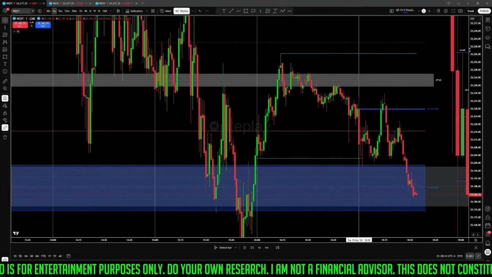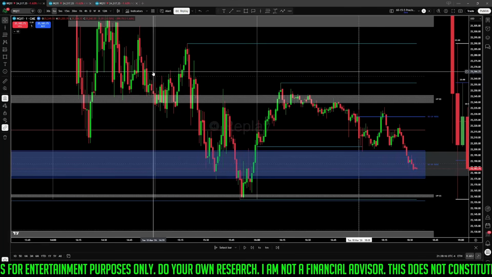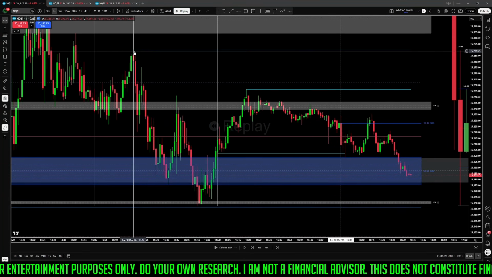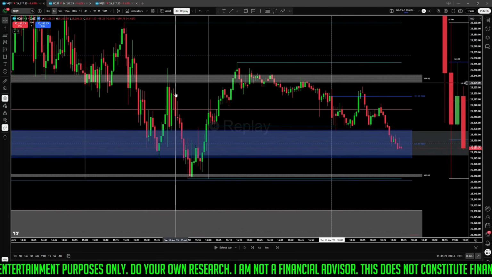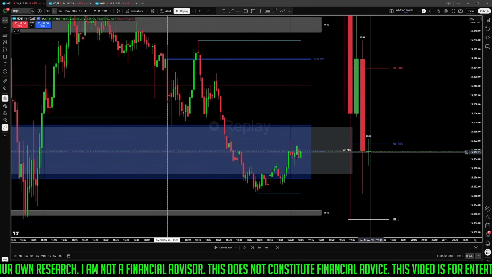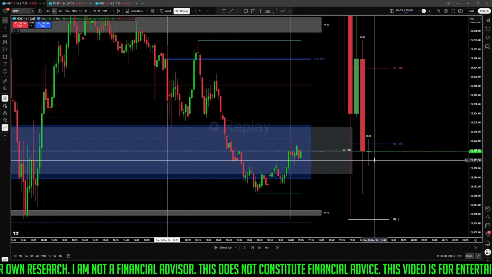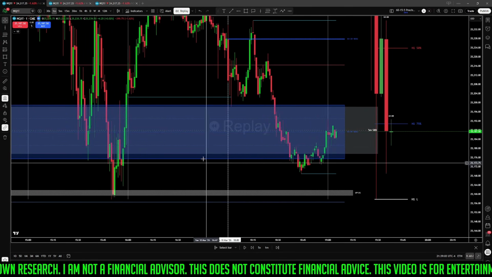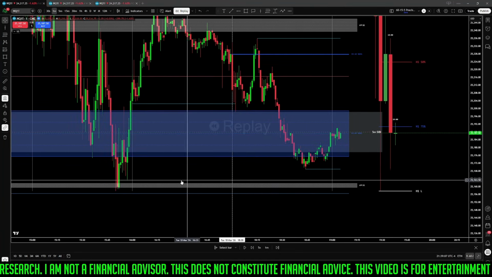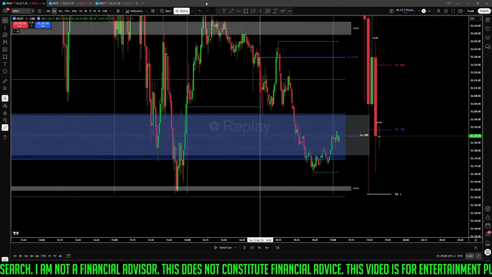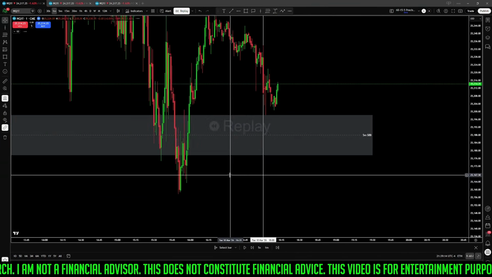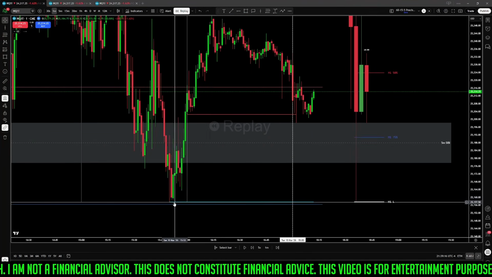Just like this candle, this 1 hour candle from 3 o'clock to 4 o'clock. Buy side liquidity is here, and then sell side liquidity is down here. This 1 hour candle just opened up, so it went down, right? So judging by this swing down, not taking out the previous liquidity, which was down here, and then we have